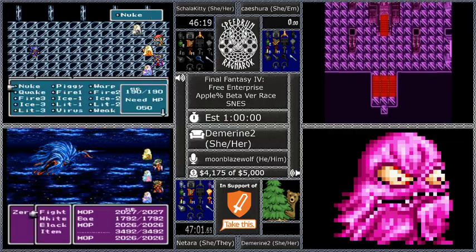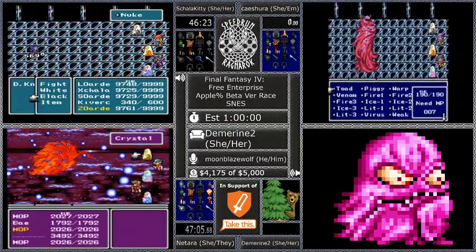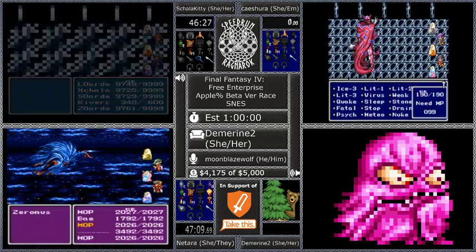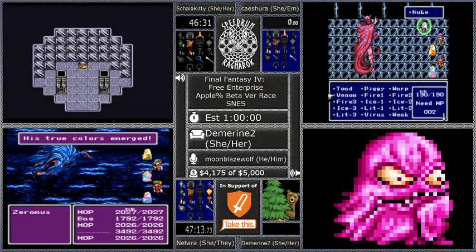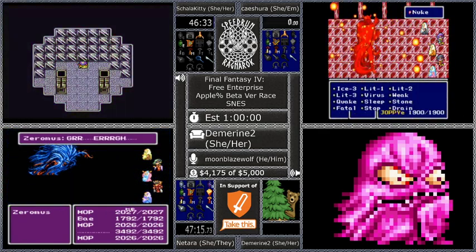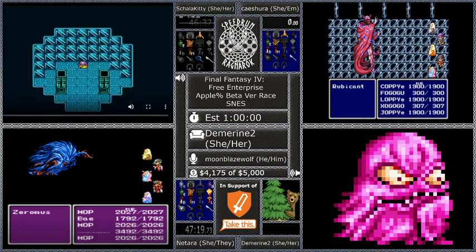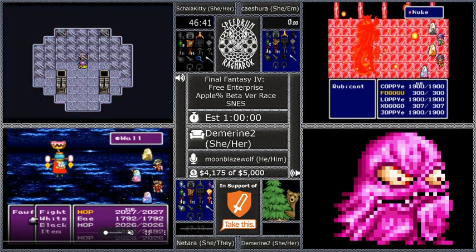This is my favorite part. That is a really fast Zeromis. Yeah, for anybody who's run before, putting your 20 agility Fusoya right in the middle ends up being a really, really bad idea a lot of the time, so hopefully Netara will be just fine, though. I think I saw him shake 3 times before the crystal got out, so yeah, this will be interesting. But we've got...